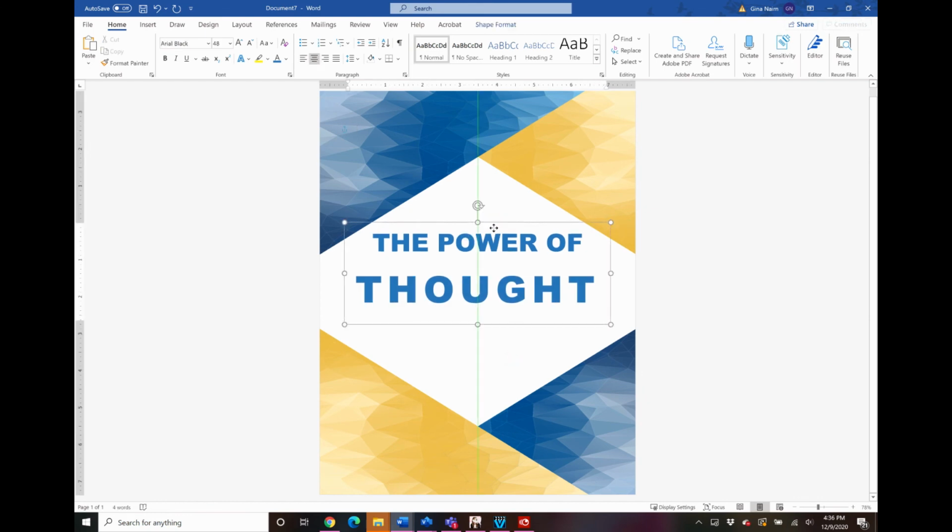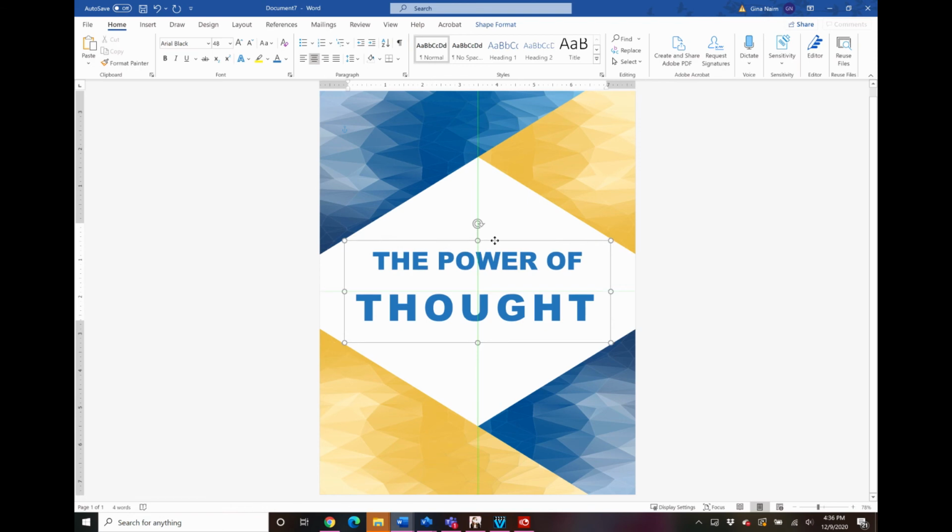Now that I've got the size, I'm going to center this a little bit better vertically. I think that looks good. And then I'm going to pull in my brain graphic just for something to break up or fill in a little bit more texture in all this white. You could leave it just like this. So this is completely a matter of personal style. I'm just giving you some options that you can use to just pump it up even a little bit more.